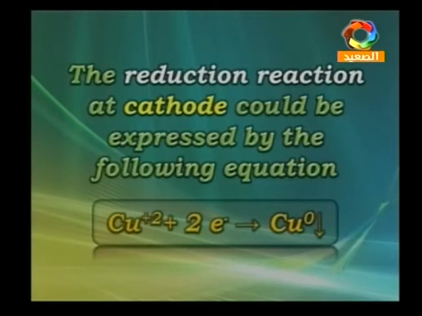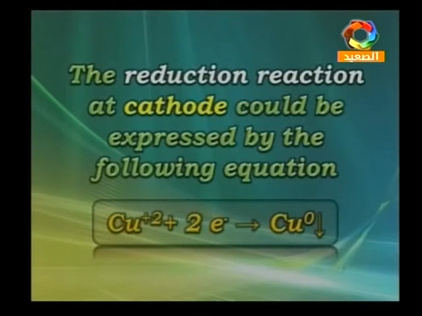It could be expressed by the following equation: Cu2+ ion plus 2 electrons, gaining 2 electrons, changes into copper atoms that precipitate on the electrode. So this is the reduction reaction at the cathode, where the Cu2+ copper ion plus 2 electrons changes into